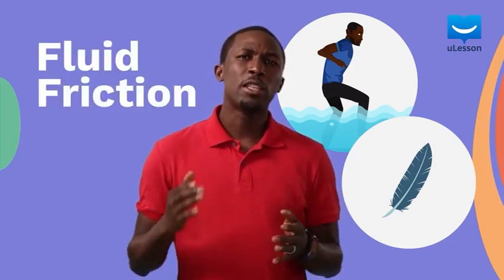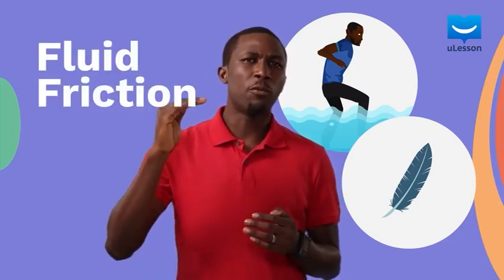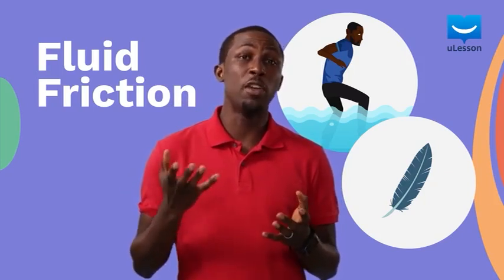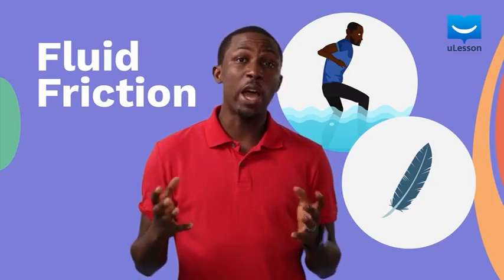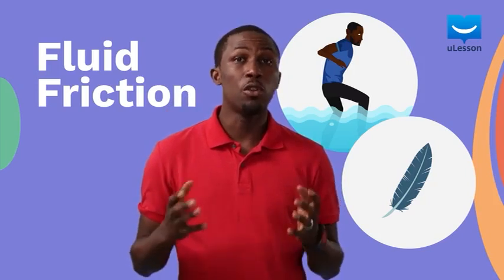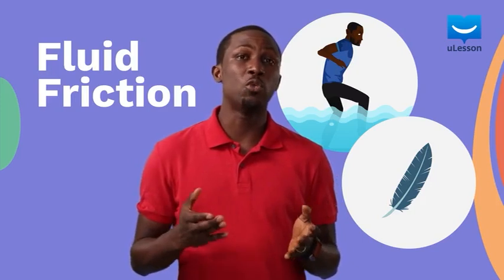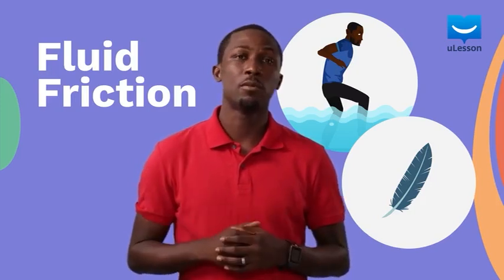And the friction that stops the feather from falling down from the air and making it difficult is actually because of the air resistance. And these two are examples of what we call fluid friction. That is what? The friction that exists between either liquids or gases. Now, there are certain laws that govern friction. Now, these and more are what we'll be looking to explore in our subsequent videos.